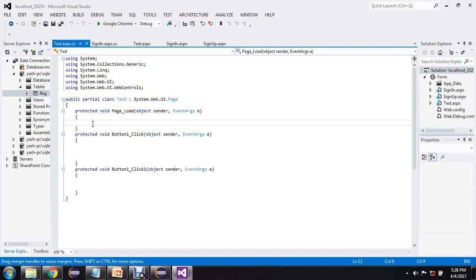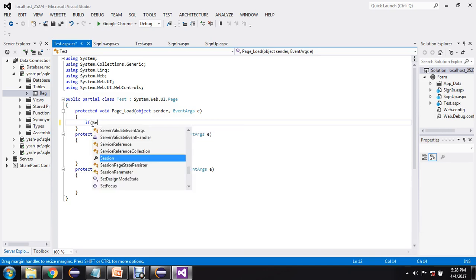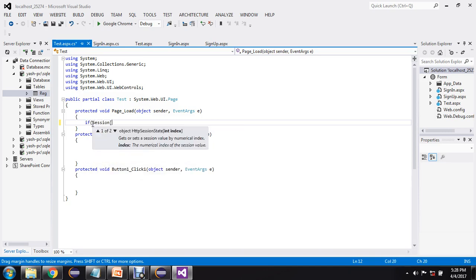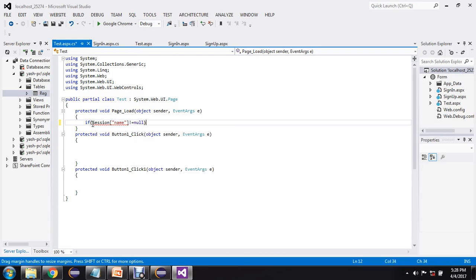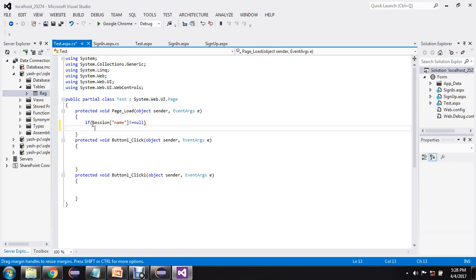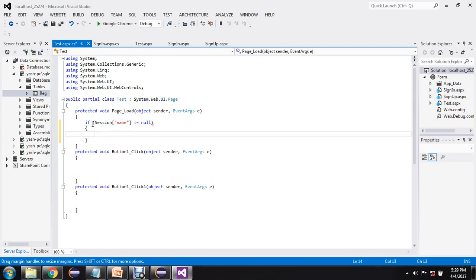So first of all, I am going to check if my Session name is not equal to null. Means if this variable Session name has something in it, then display the name of the user on this label control.